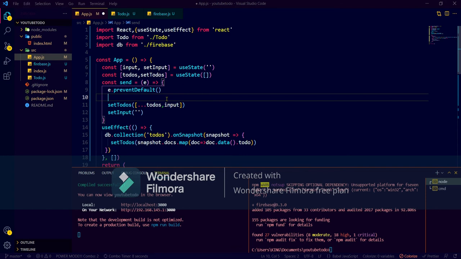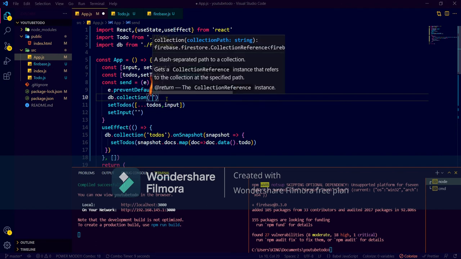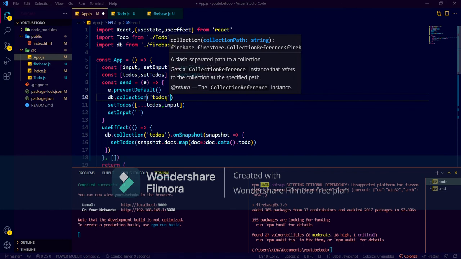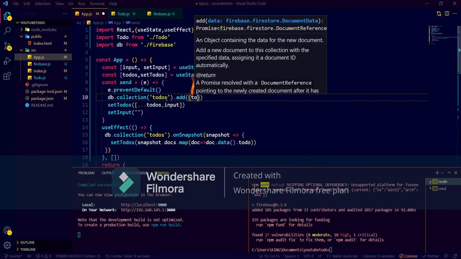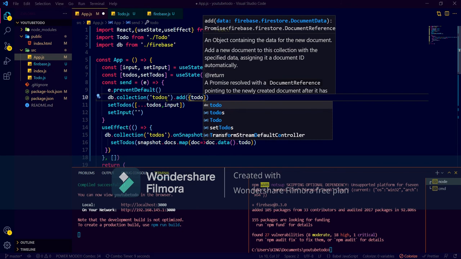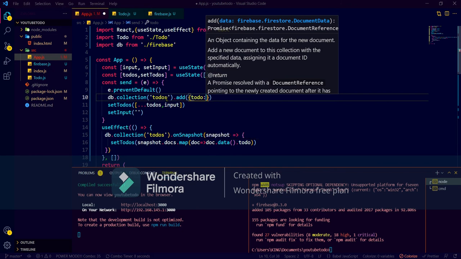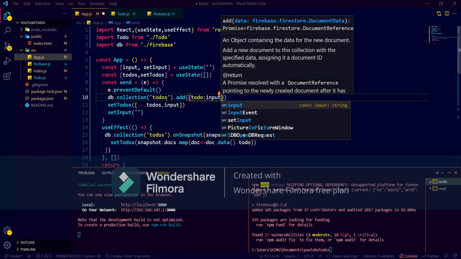We have to add just one line: db.collection, and here we add in todos, and there is a function known as add. In it we add this to-do, with the help of this input, because we are getting the value in this input only.